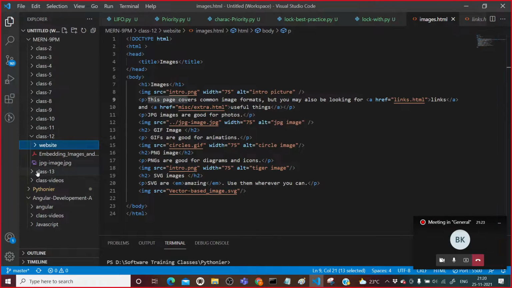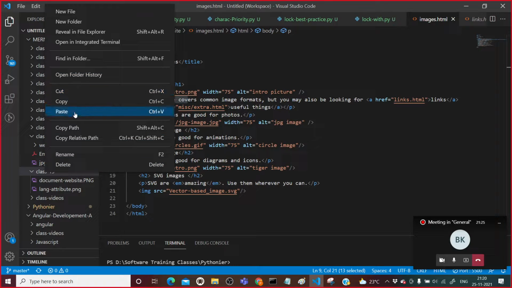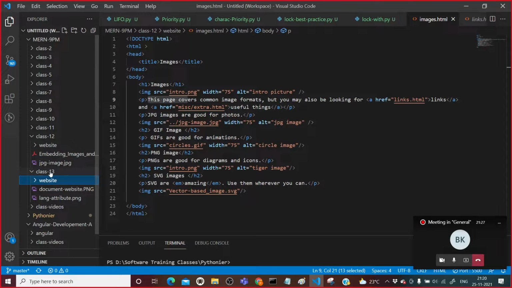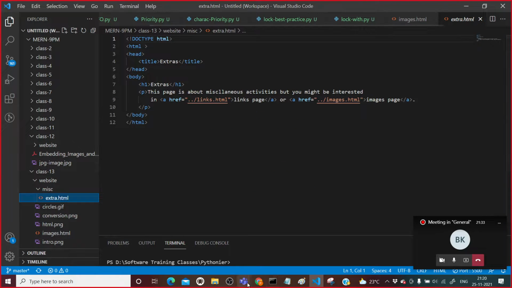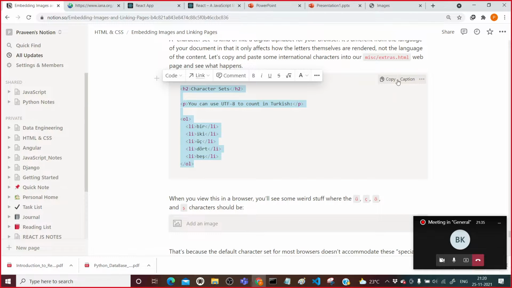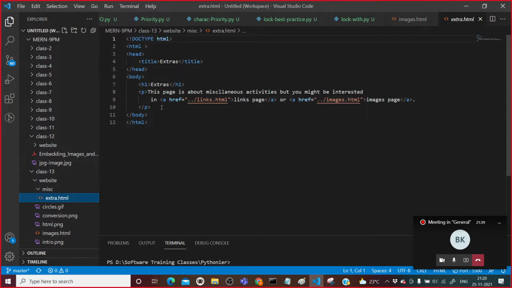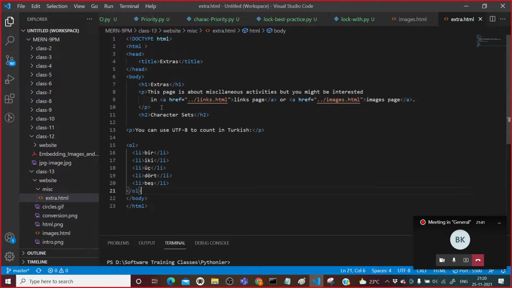After copying, paste it in this HTML, sorry, class 13. After that, I will come to miscellaneous extra.html, copy this particular different character set, and paste it here. Fine.